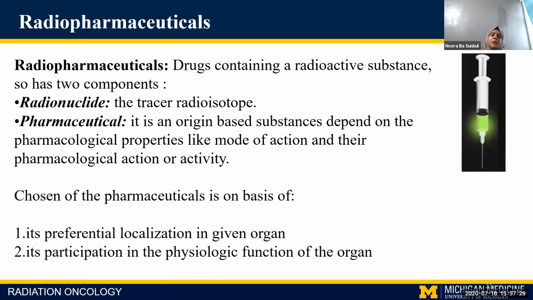So, what do we mean by radiopharmaceuticals? Radiopharmaceuticals are drugs that consist of two main components. The first one is the radionuclide, which is the radioactive material that's usually traced throughout the imaging process. And the other component is the pharmaceutical. The pharmaceutical is the specified